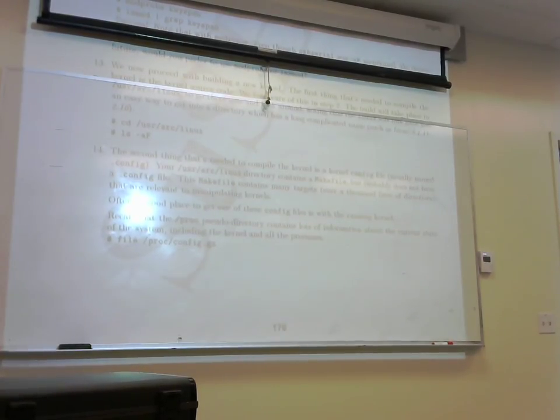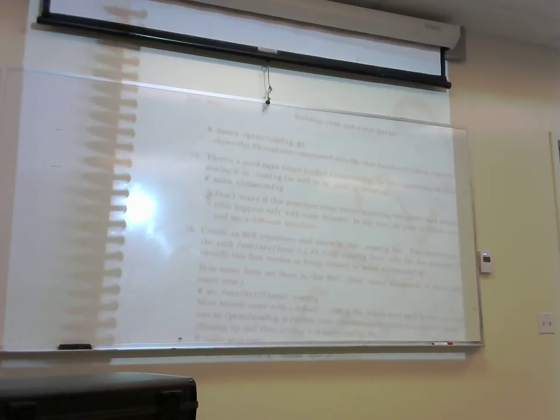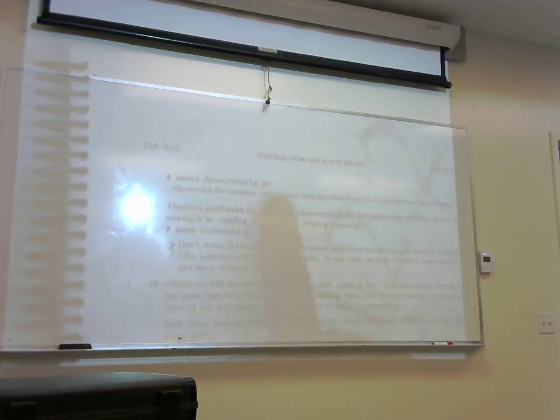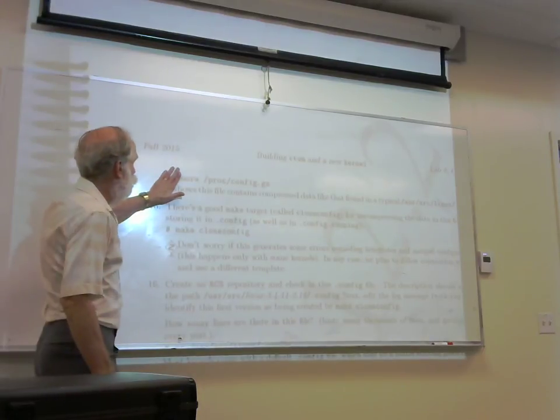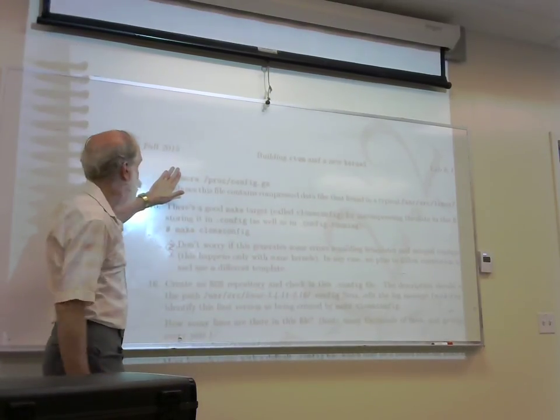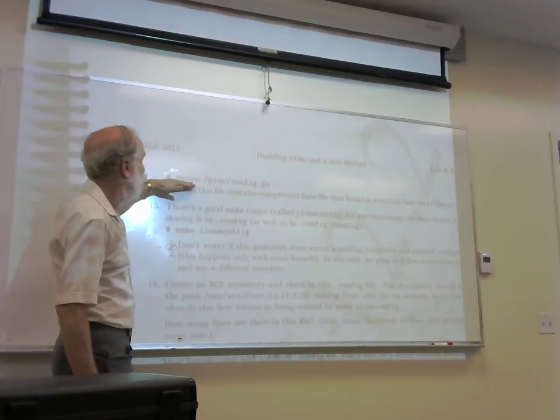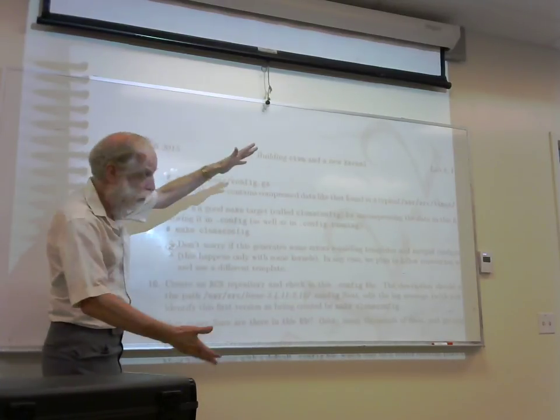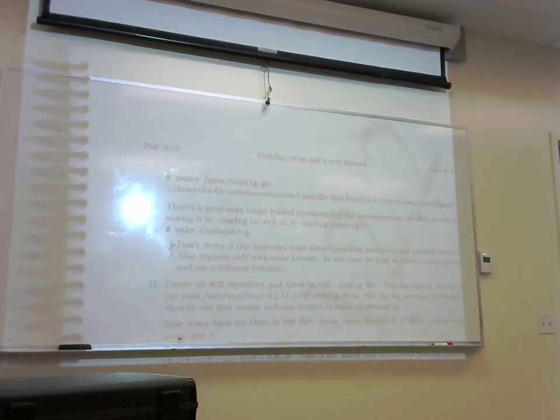So you can see that it is basically just a compressed file, and a normal cat command would just show you gibberish because it's compressed. zmore says, hey, uncompress this and now show it to the screen. So you get to see some of the things that